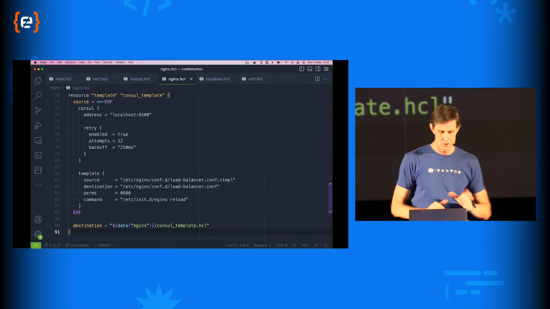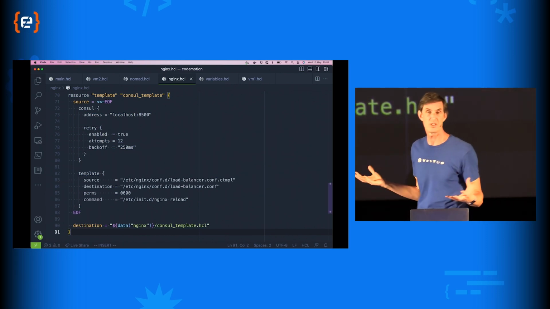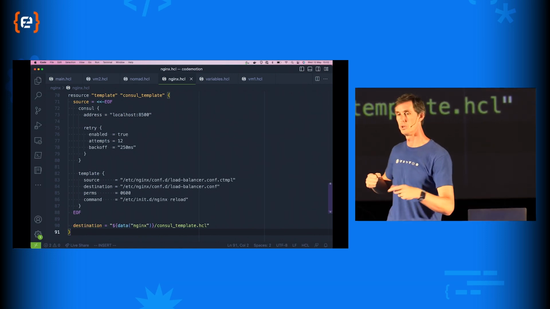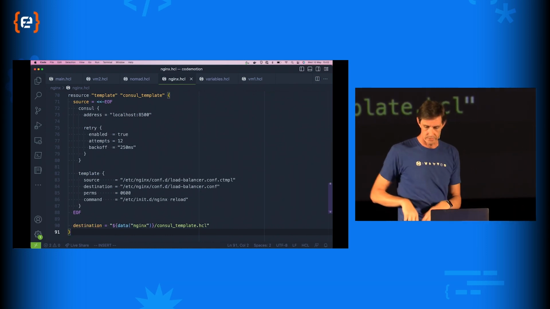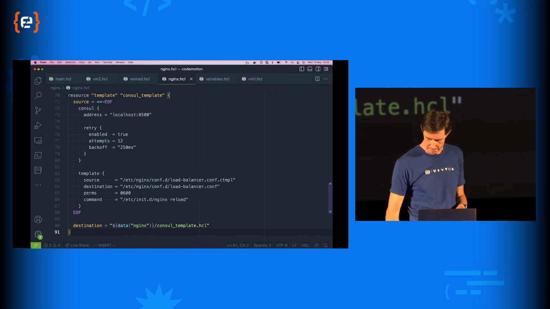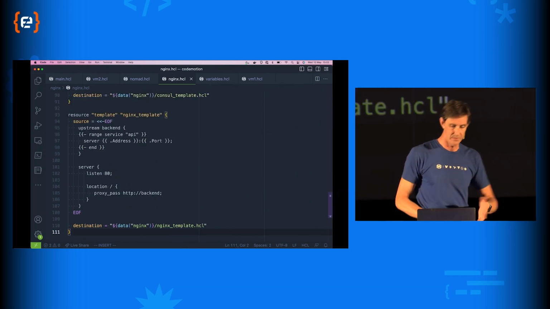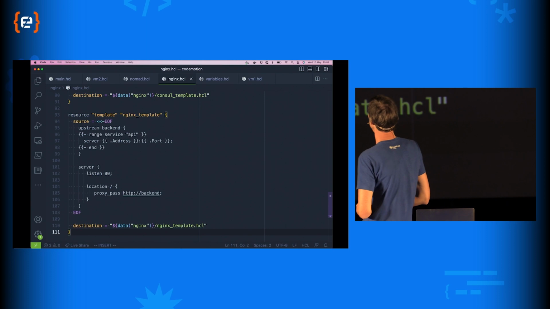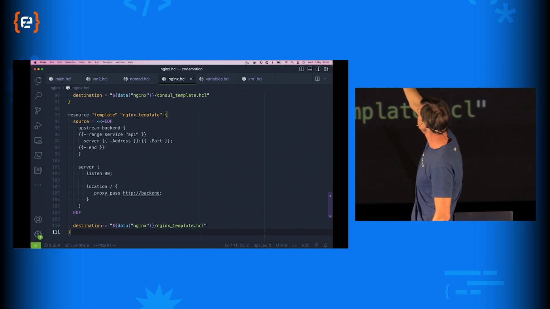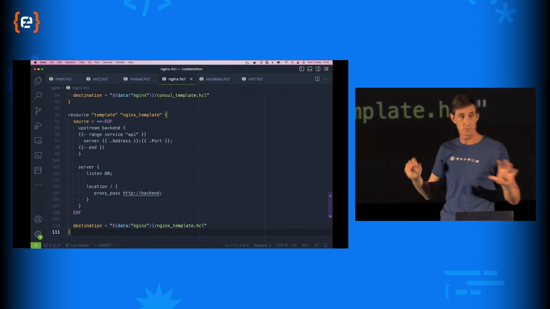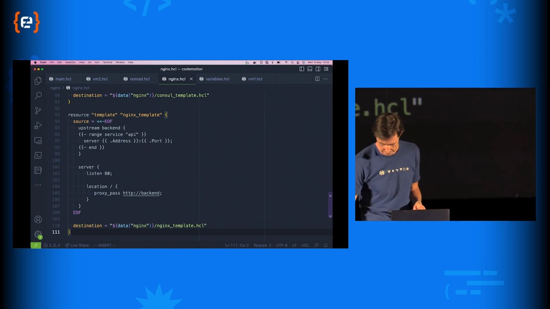So rather than generating the configuration files by hand, I'm now setting up my system to do what I would actually do in production, which is to have consul-template generating the Nginx configuration file for me using this templating tool. And how that changes the static Nginx template means that it now looks like this. So we're now able to use the dynamic service catalog that we're going to add in a second. We can iterate over that, and we can dynamically write out the backends. So even on our little test system, it's still going to be doing the same stuff that the production system is going to be doing.